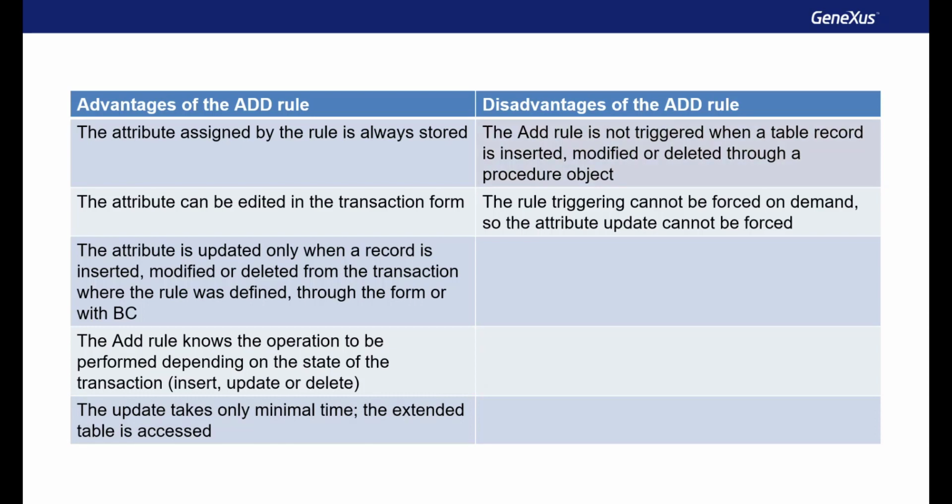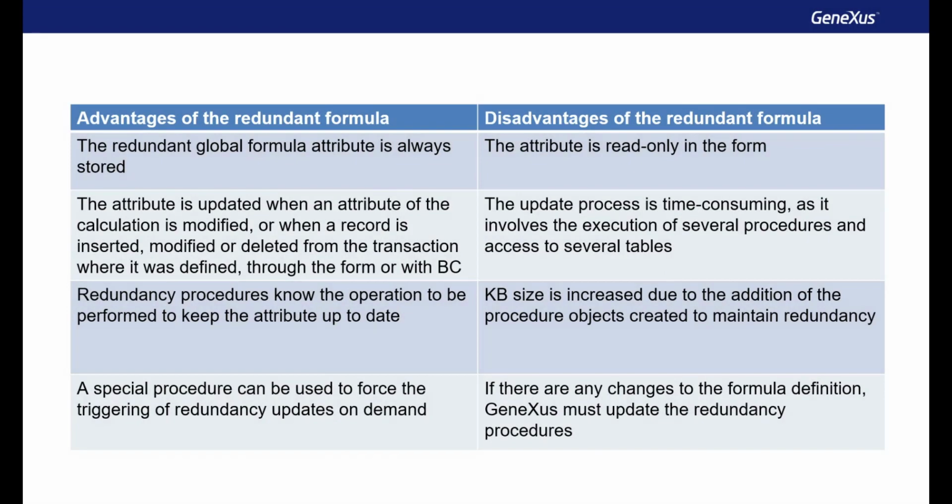The main disadvantages are: the add rule is not triggered when a table record is inserted, modified, or deleted through a procedure object, so in this case, the attribute value is not updated. And it's not possible to force the rule to be triggered on demand, so it's not possible to force the attribute to be updated. Now let's look at the advantages and disadvantages of defining a formula attribute as redundant. The advantages are: